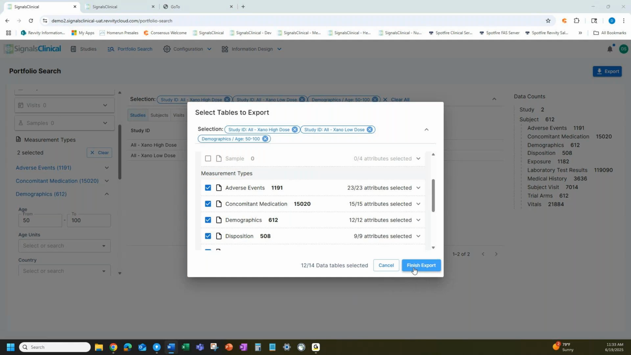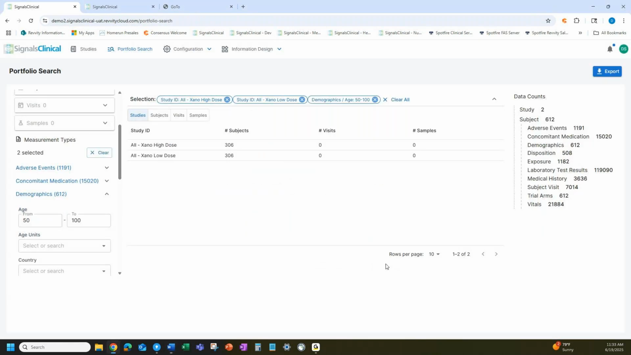So if you're using Signals Clinical as a repository for your study information, it's not a black box. If you have mapped it in, you can get that data back out so you can look at it in other systems and work at it in other places. And one of those other places you can work with it is in Spotfire. And so we're going to switch to Spotfire, show you a little bit of analytics there, and then we'll come back to show you how that connects with